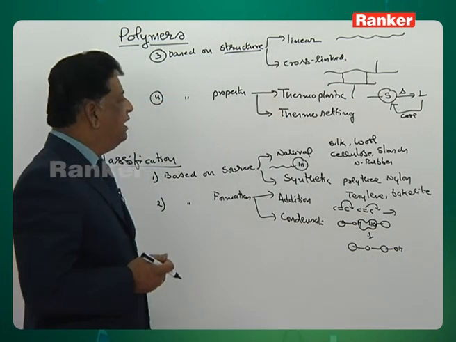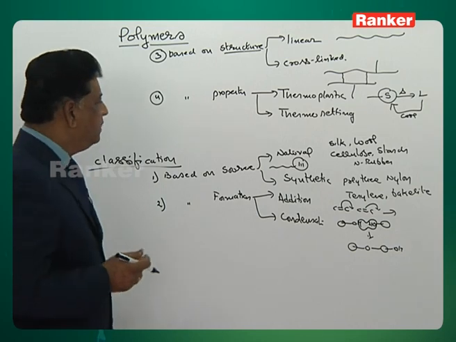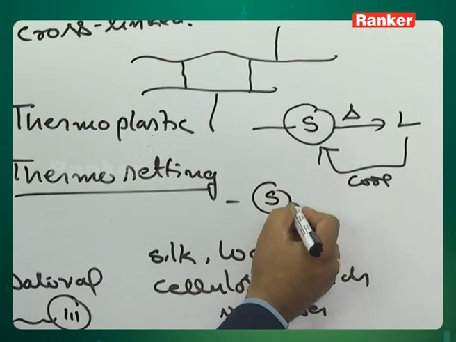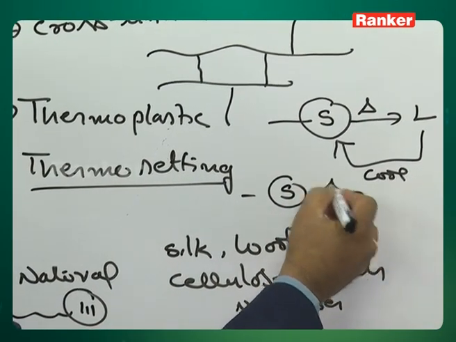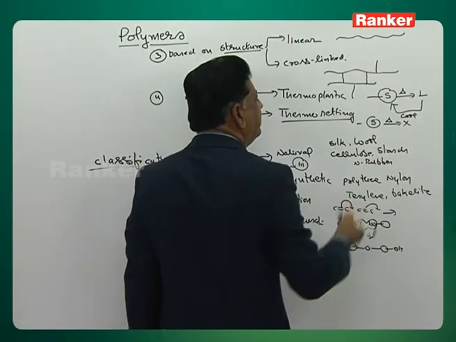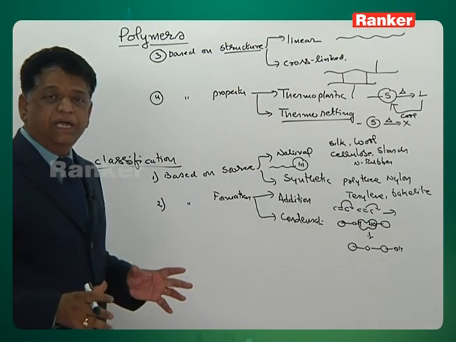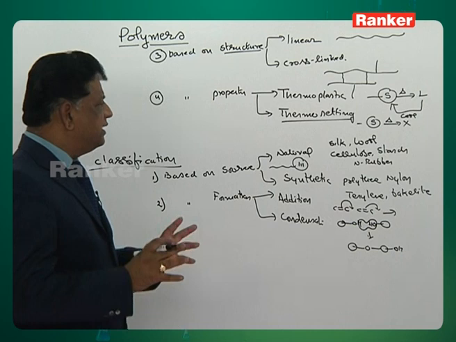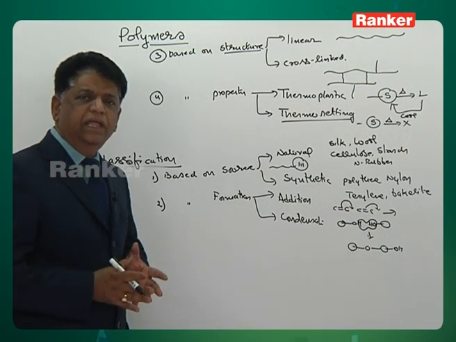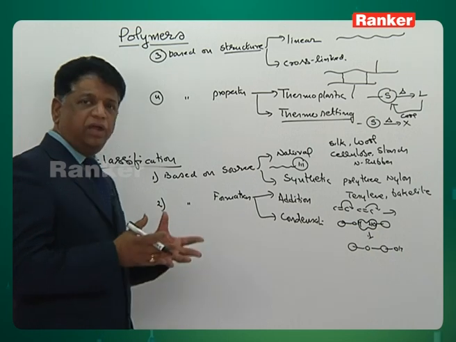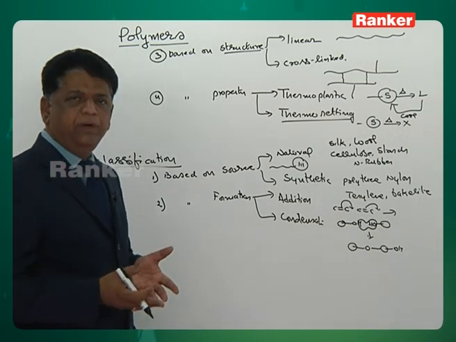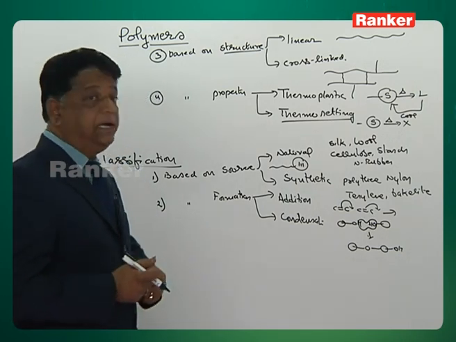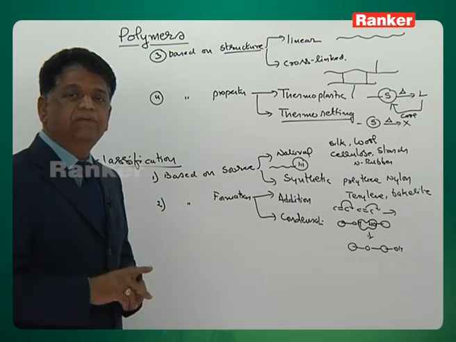Mostly the linear polymers will have this thermoplastic property, whereas thermosetting property means once the polymer is formed, if you heat it, it burns, but liquid formation will not take place because of the cross-linked formation. Sometimes the whole molecule will be a single molecule, so melting into a liquid is highly impossible. If you heat it strongly, it may form char, that is, black carbon powder, or it may catch fire, but it won't melt into a liquid. In such a case, recyclization will not be possible.